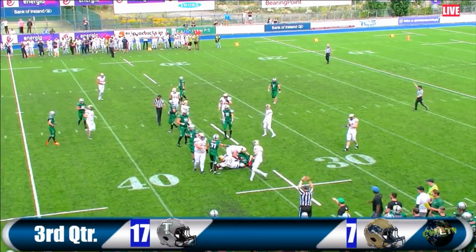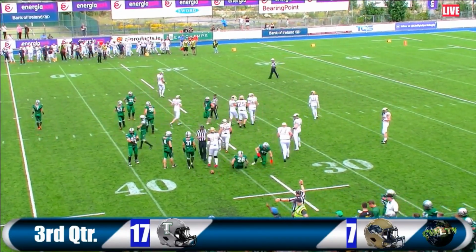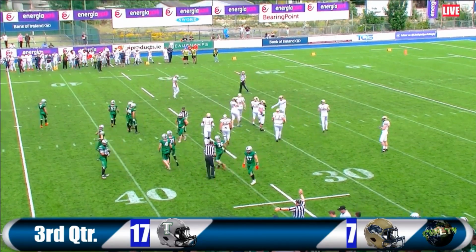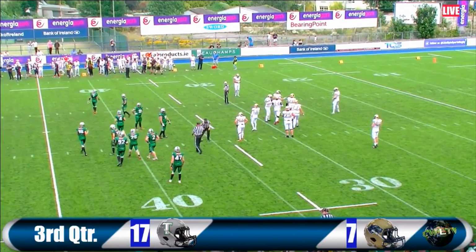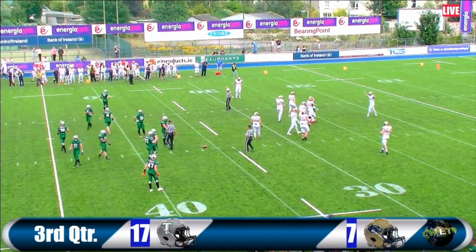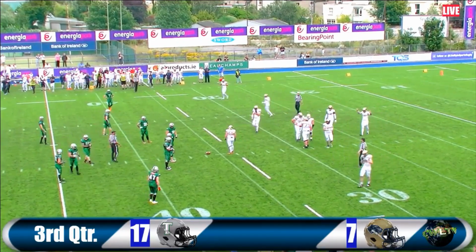Ben O'Rolligan dragging half of Belfast into Donnybrook Village with him. Absolutely brilliant running. Took an excellent step, and you look at number 66 there, Oisin Russell Conway. He's the Panthers centre. Snapped the ball, got away, got to the second level, and stuck a block on the